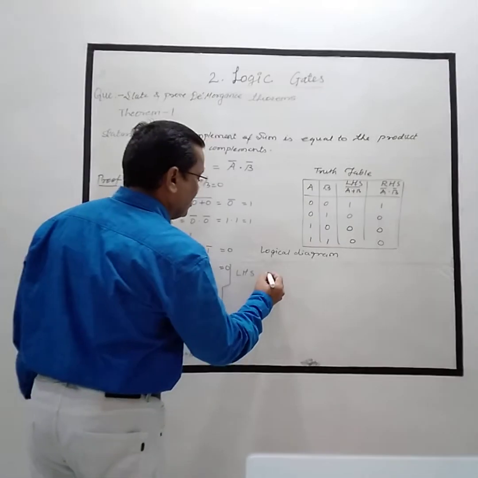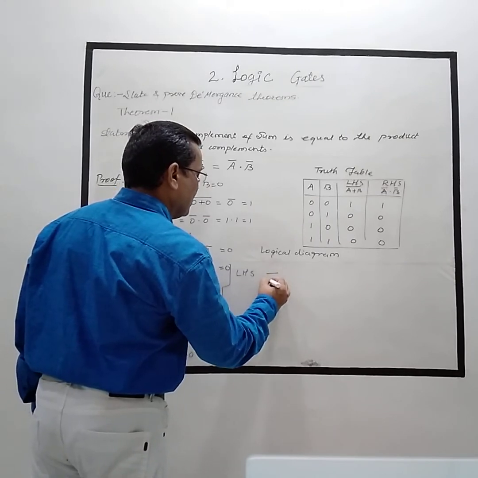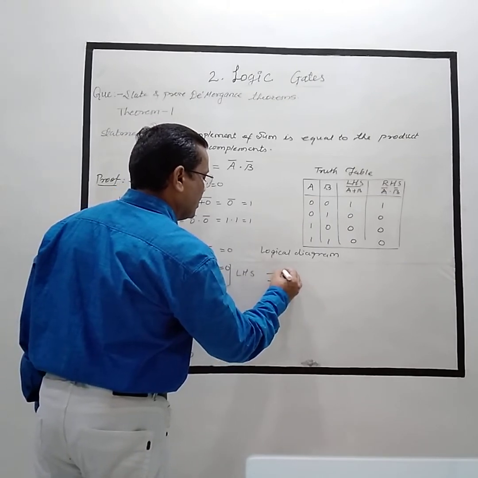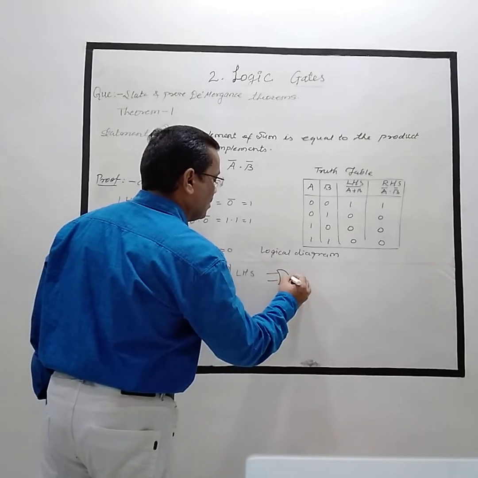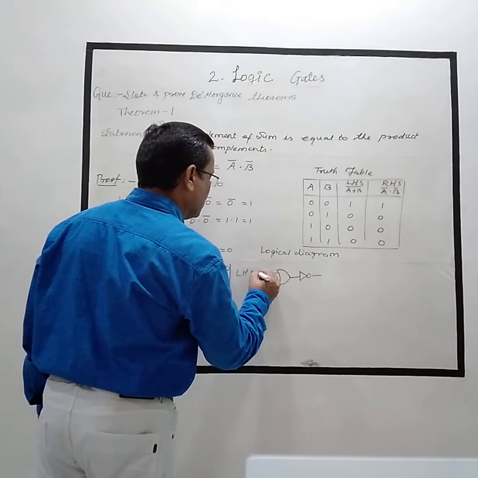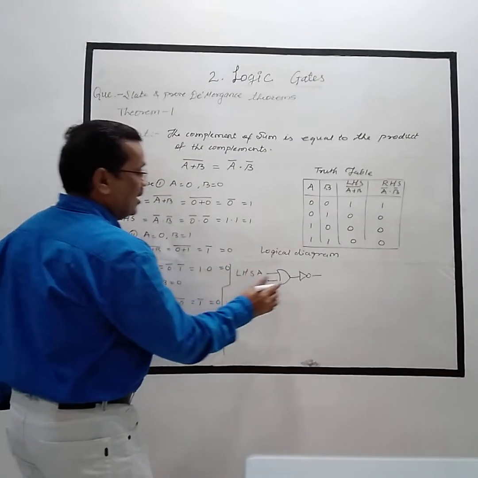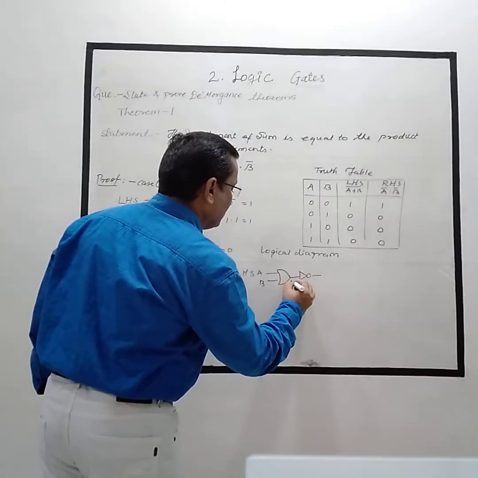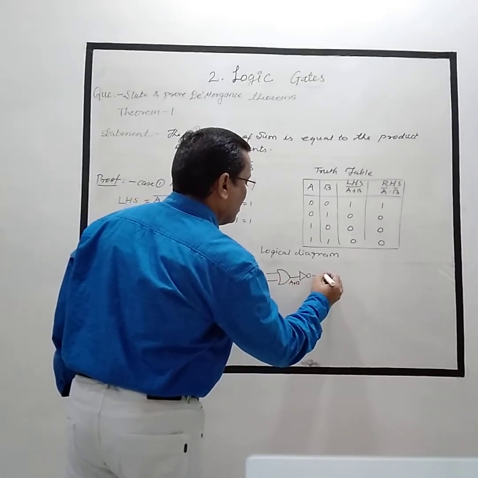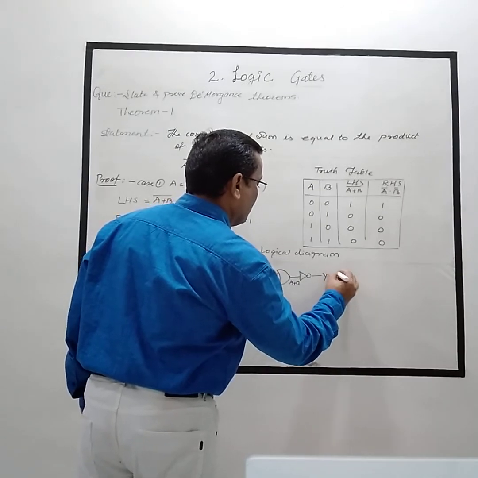That means the OR gate is connected to a NOT gate. So here it is A, it is B, A plus B, and output Y is equal to A plus B complement,